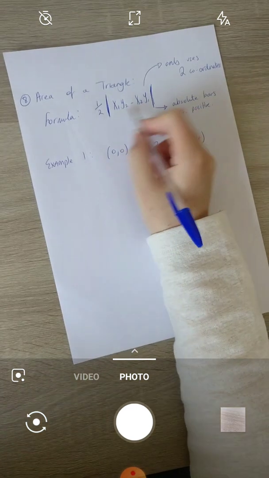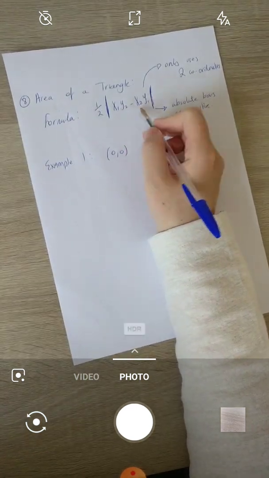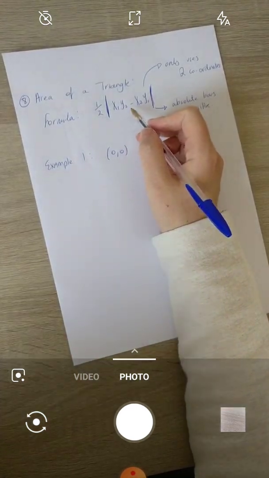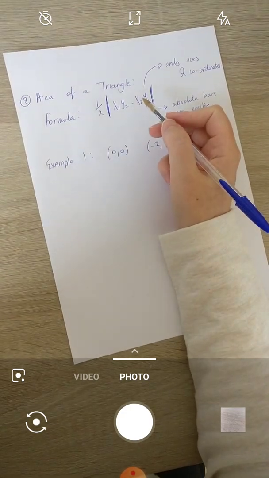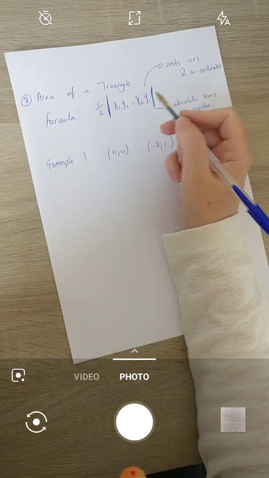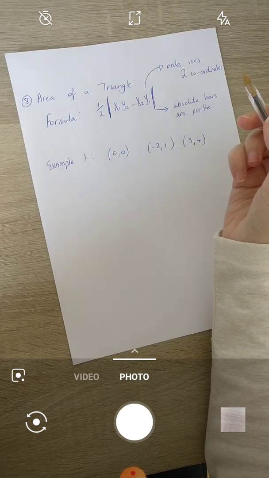So if inside here you were getting minus 22, you'd be able to change that to plus 22 because it's a real life problem. You're finding the area of something, so your answer cannot be negative. Now,